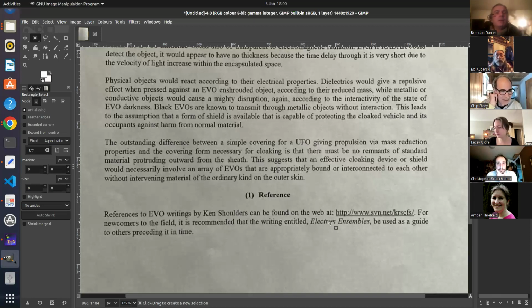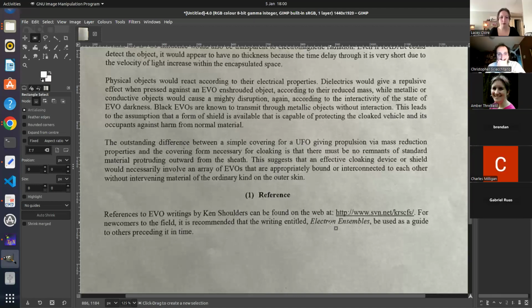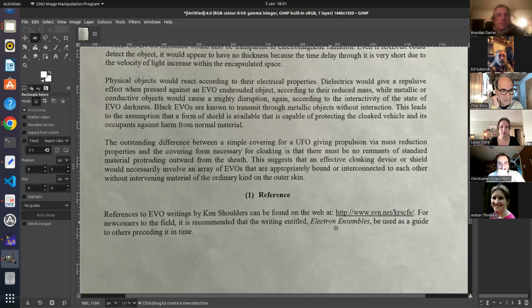I have two binders full of this stuff, so there's much, much more to be shown. And again, thank you, Chris Beskar, for giving us your business partner's research, who was Ken Shoulders. Ken Shoulders and John Hutchison are the superstars in all of this, along with Chris, of course. And always remember Pete Peterson, because Pete Peterson mentored Chris Beskar at Area 51, and a lot of this stuff came from Pete as well. Pete was the smartest man that was ever at Area 51, essentially. I think they called him Doctor Who or something like that.